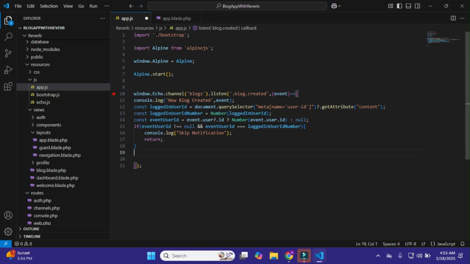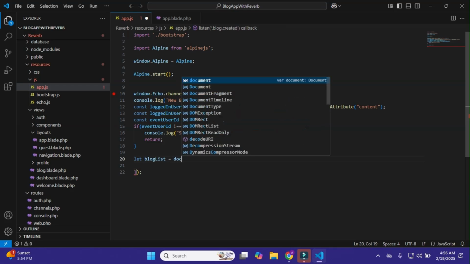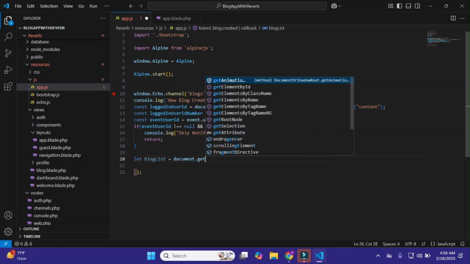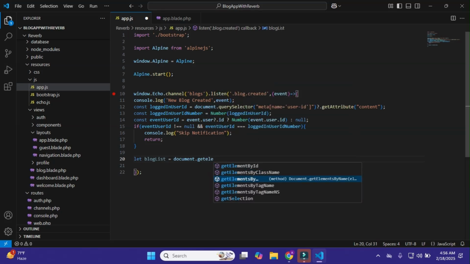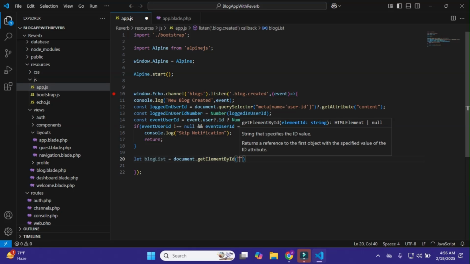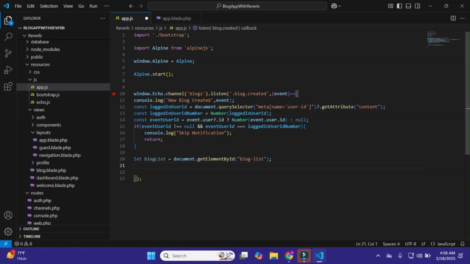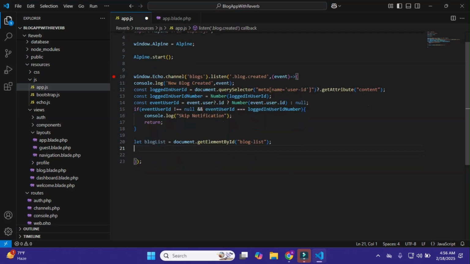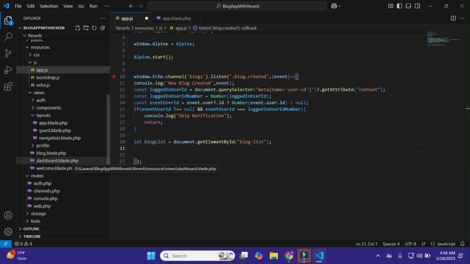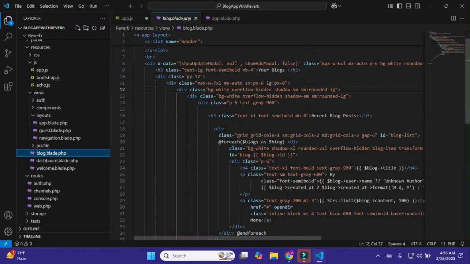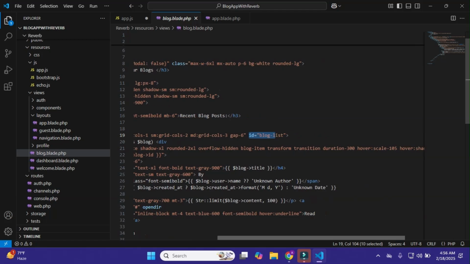Now I'll make it let blogList = document.getElementById, and the ID is blog-list. I'll get this blog list from the blog page, that is here, ID blog-list.